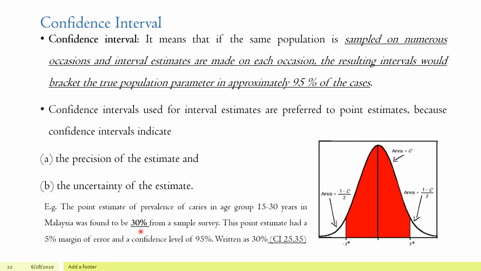See, here the estimation is 30% for the population between the 15 to 30 years age group. If you repeat that 95 times, because it is 95% confidence, you have told 95% confidence interval, you will get the same value, 30. In the meantime, you have kept a 5% margin of error. So this 30% may vary by 5, that is 30 plus or minus 5%. That is the confidence interval. Maybe it lies between 25 to 35 when you repeat 95 times. I hope you understood what I mean.